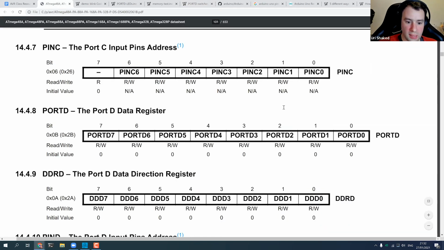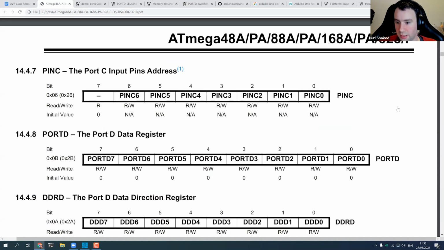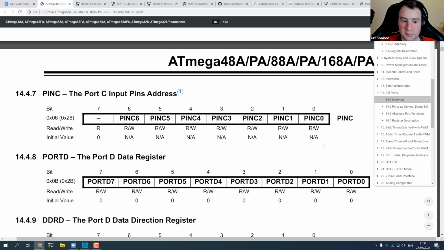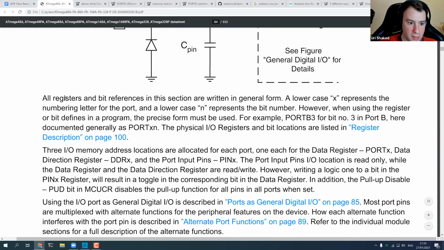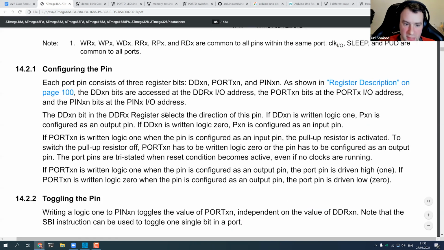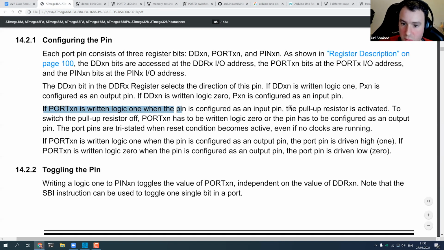If we go back to the description, you can see that if PORTxn is written logic 1 when the pin is configured as a digital input pin, like we are doing now, the pull-up resistor is activated. Writing 0 deactivates the pull-up resistor.